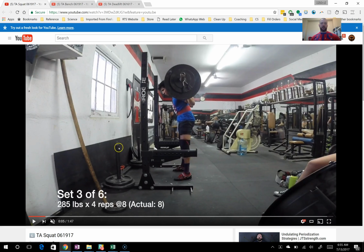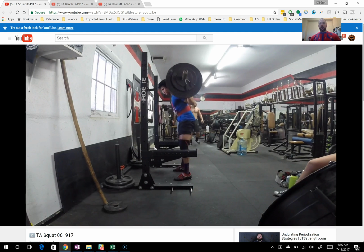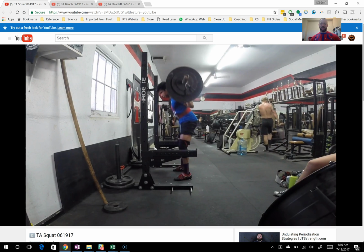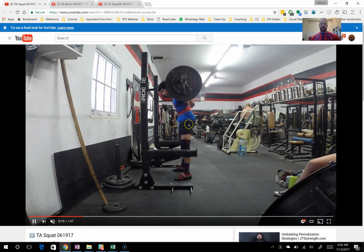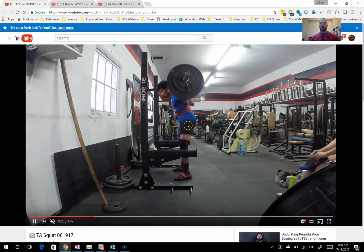All right, next up we've got this lifter on a transition block. So we're going to be doing a technical review for his lifts for today. It's going to be difficult to see too much, doing sets at 8 RPE,